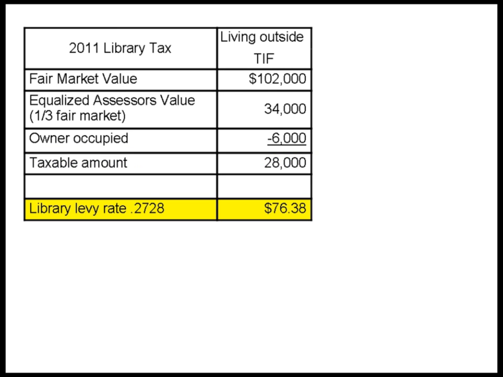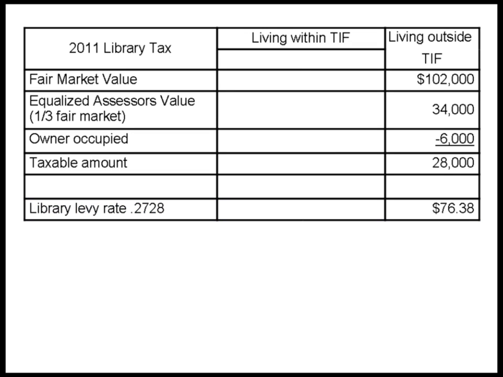Taking the taxable amount and multiply by the library rate of 0.2728 per 100 gives this homeowner a library tax of $76.38. Let's move this over to the side so we can show how the taxes are calculated for the home